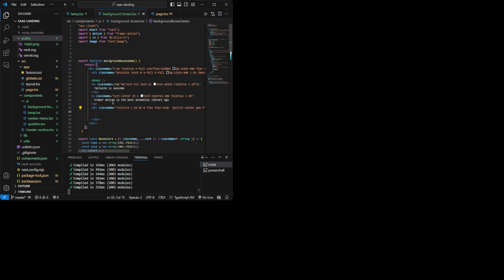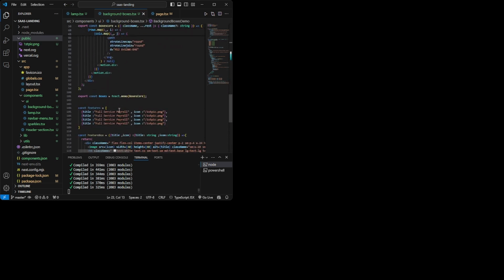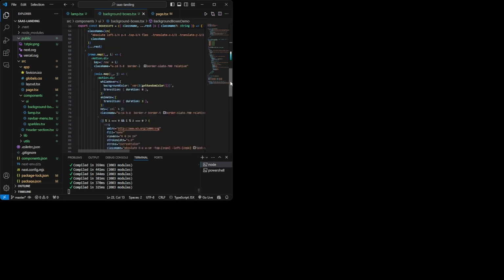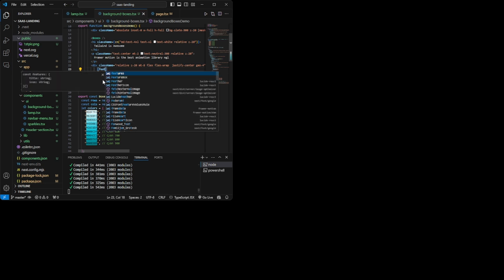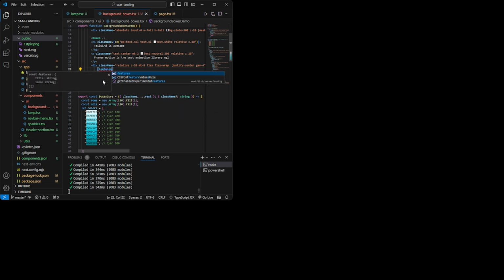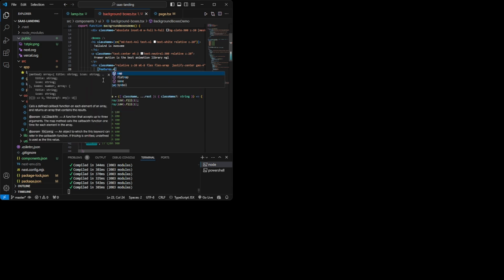Now, here you can see how I will use this feature. I will use this features.map function to map every feature in that features list into my feature box component. Features dot map.